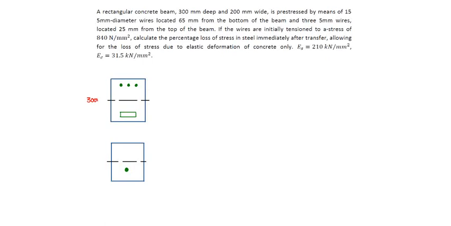A 300 mm deep and 200 mm wide rectangular concrete beam is pre-stressed with 15 wires of 5 mm diameter at the bottom, at a distance of 65 mm from the bottom of the beam, whereas with 3 bars of 5 mm diameter located at 25 mm from the top of the beam. Then the centroid of the wires,